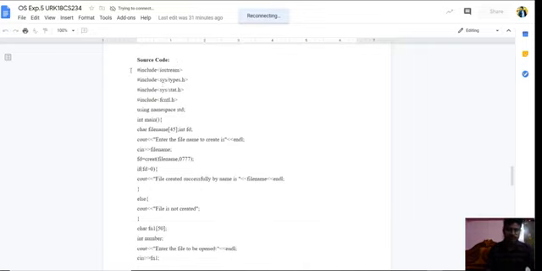For that, #include <iostream>. I have declared all the headers, and using namespace std, this statement is used for working of IO operations. In the main function I have created a file name array with size 45 and one variable, int fd. I am asking the user to create a file.